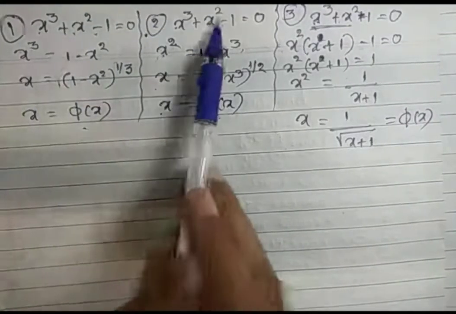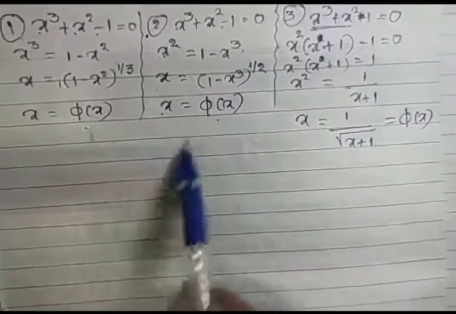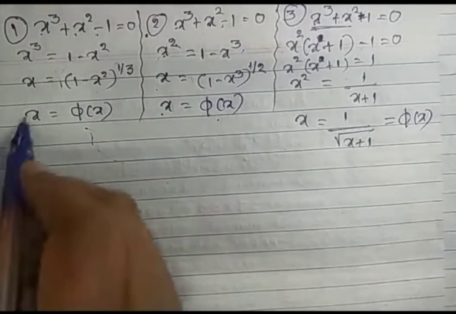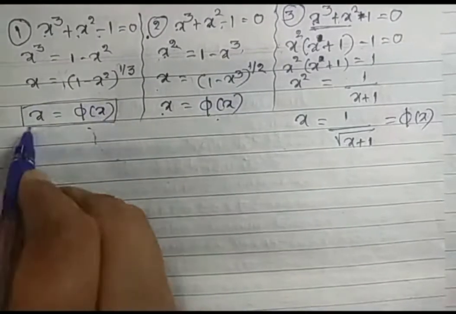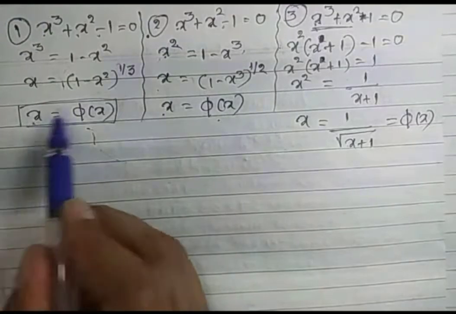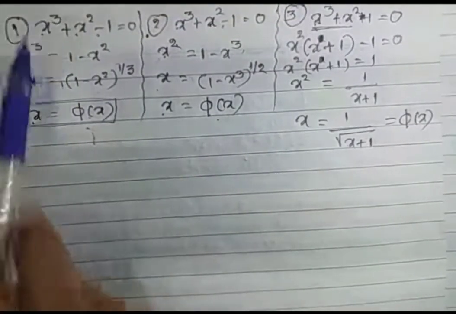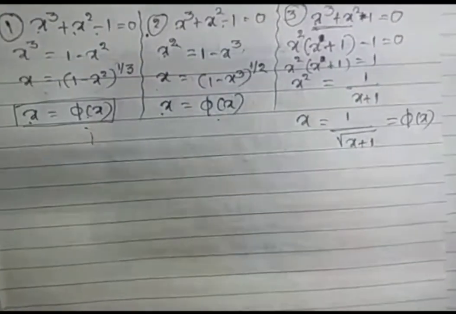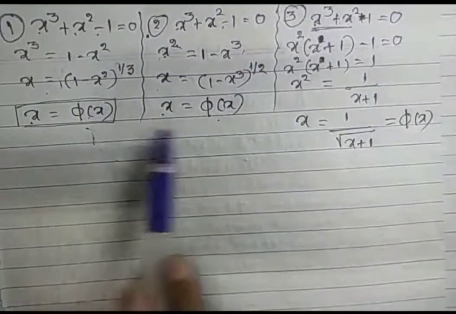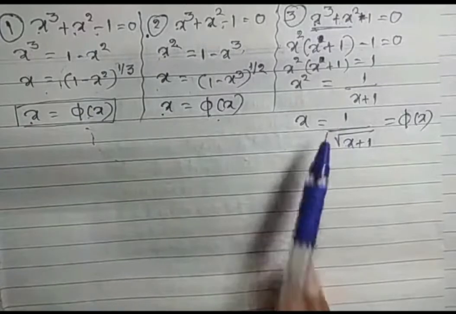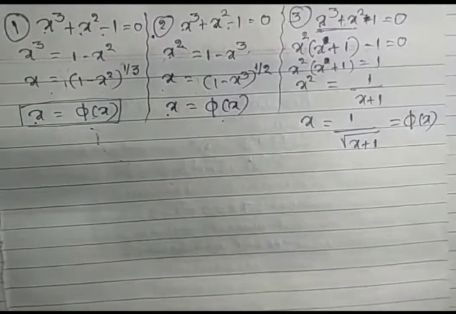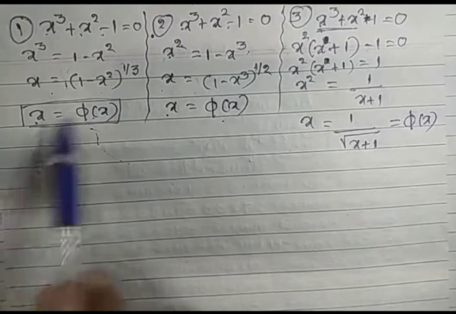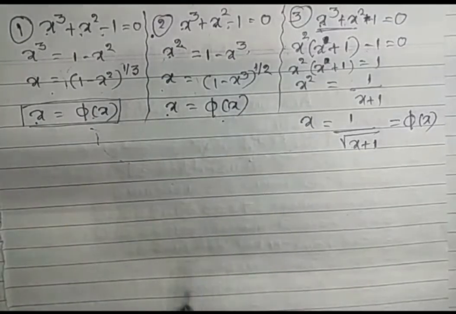See, one equation only, in three different ways we are expressing. What is the concept? The concept is expressing the given equation in terms of x is equal to pi of x. This is the first method, this one is the second one, this one is the third one. Then total three methods are there. In these three, which one do we have to consider while solving the example?